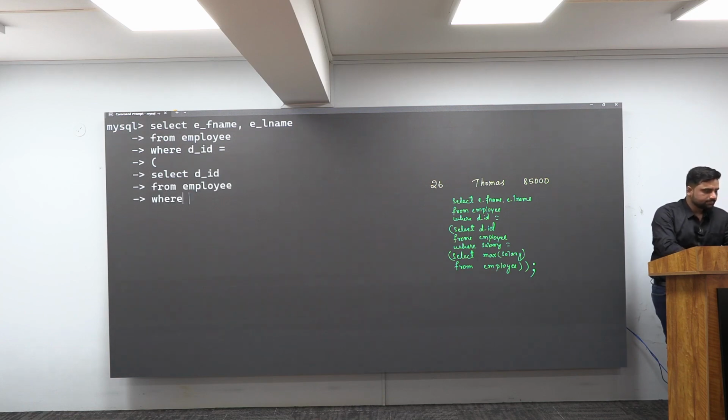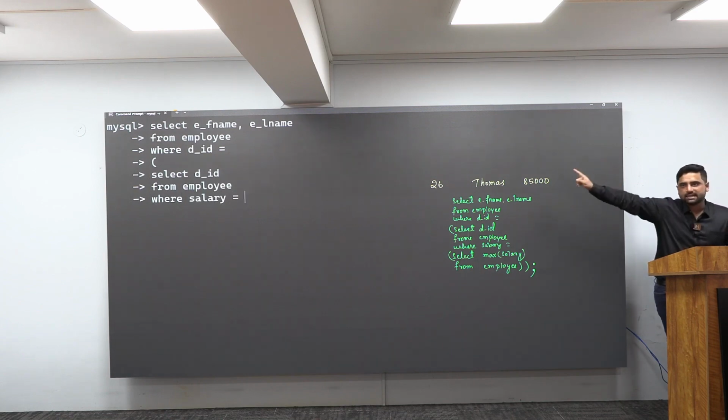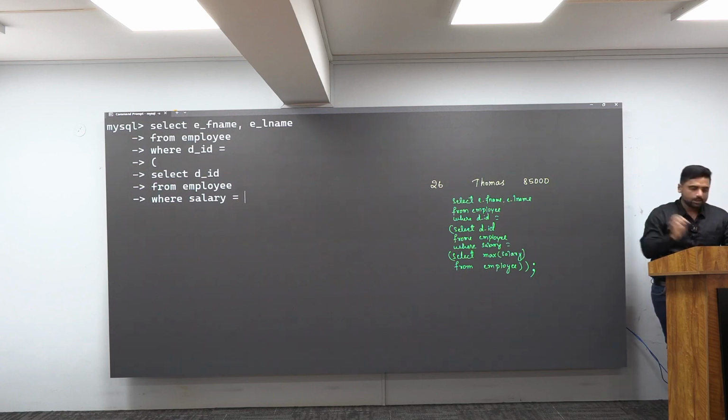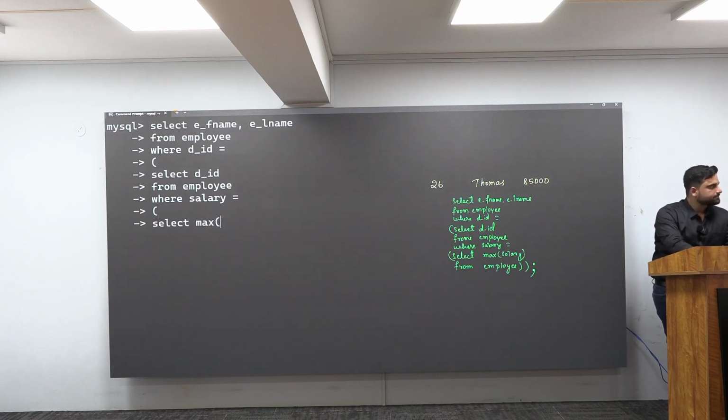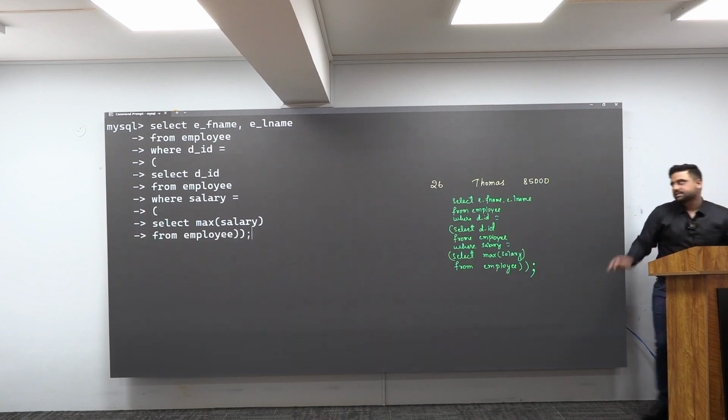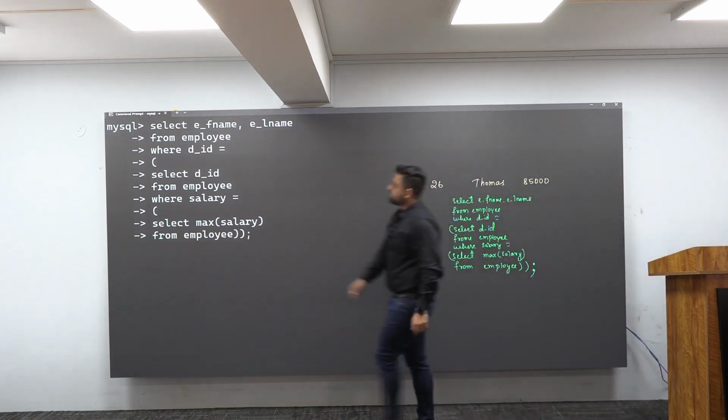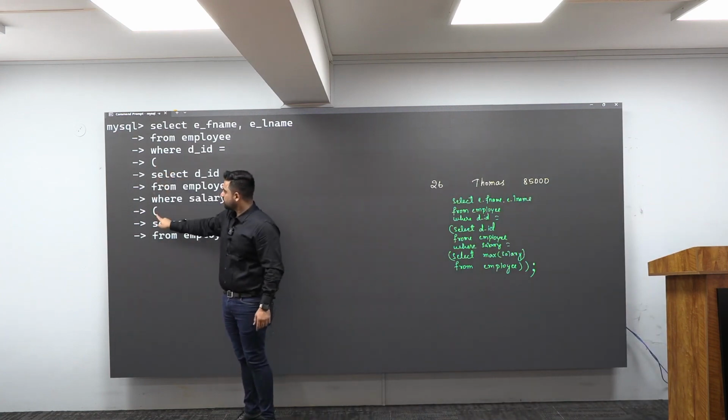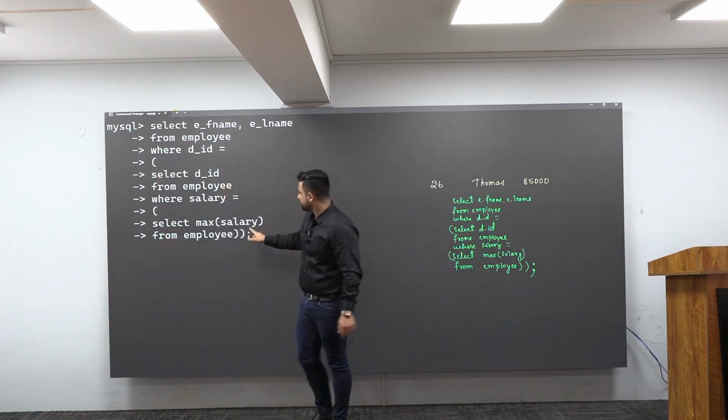What condition do we have to check? Where salary should be equal to the maximum salary. Can we hard code here? No, we should get the maximum salary. How can we get the maximum salary? We have to write a query. Select max of salary from which table? From employee. How many parentheses do we have to put? 2 parentheses, because we have given 2 parentheses over here. That is why we have to enclose with 2